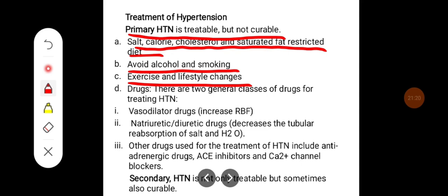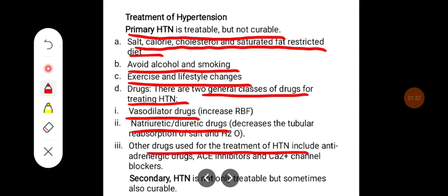Some of the drugs: two general classes of drugs are usually used. They are vasodilator and natriuretic or diuretic drugs. Other drugs used for the treatment of hypertension include antiadrenergic drugs, ACE inhibitors, and calcium channel blockers. Whereas secondary hypertension is only treatable, but sometimes it can also